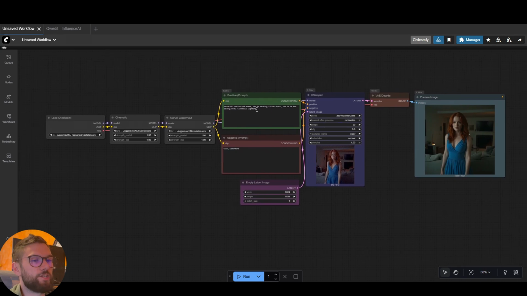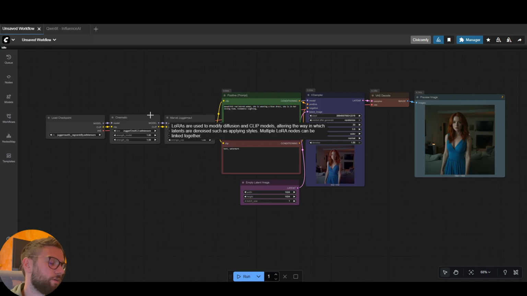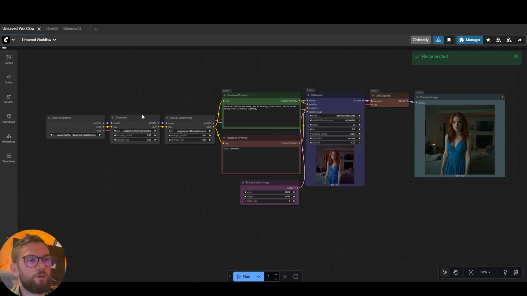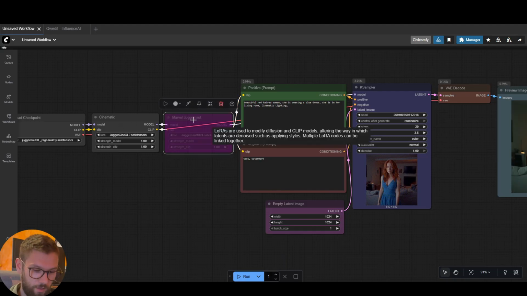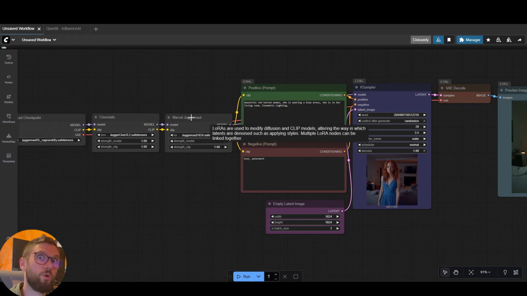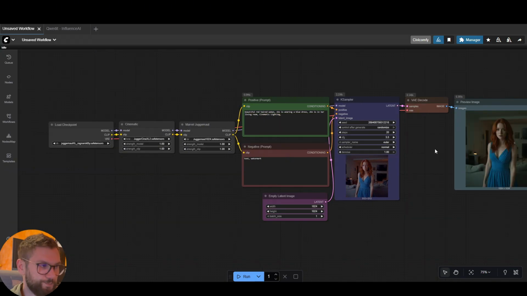So if you have a giant workflow with maybe two LoRAs and you don't recollect which one you are using, and maybe you want to bypass one and just use one, this way you can see cinematic, oh, I'm using the cinematic LoRA, or here Marvel Juggernaut, oh, I'm using the superhero one, so that you